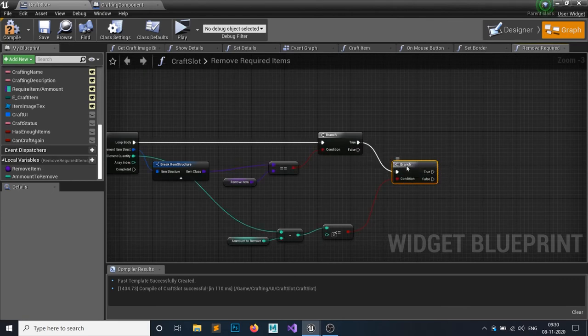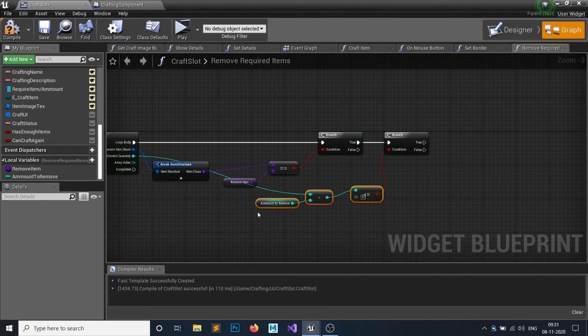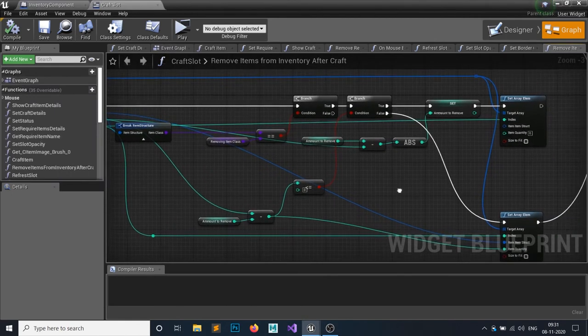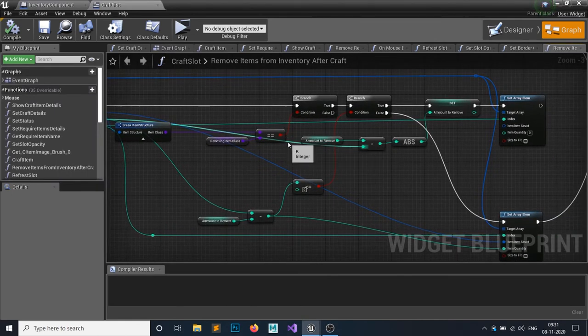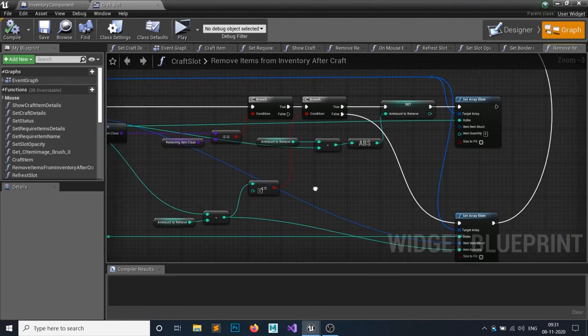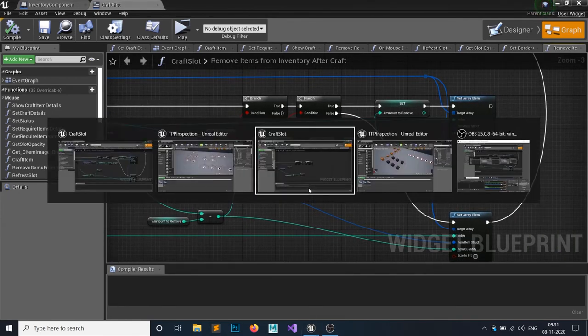If it's less than or equal to 0, then I will simply update this amount to remove. If it's not, then I will simply set it to 0. Let me just see. Yep.